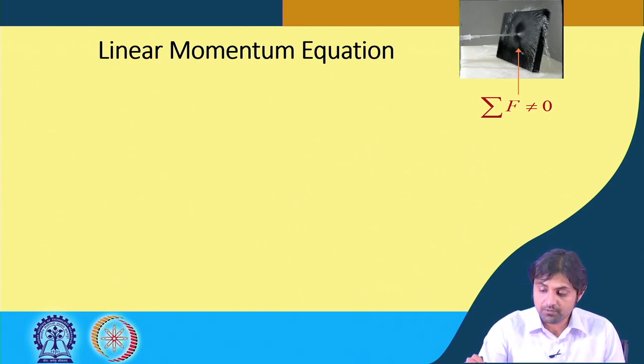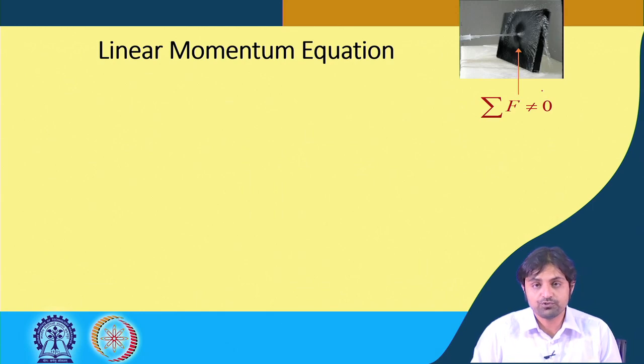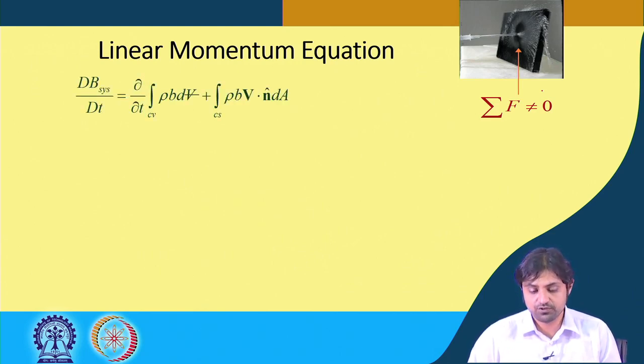Here, in this particular case, the net force is not going to be 0, because there is a certain momentum before hitting, and after hitting it turns to 0. The rate of change of momentum is force, and the rate of change of momentum is not 0. Therefore, there will be some finite force.